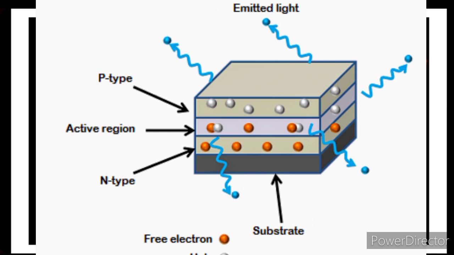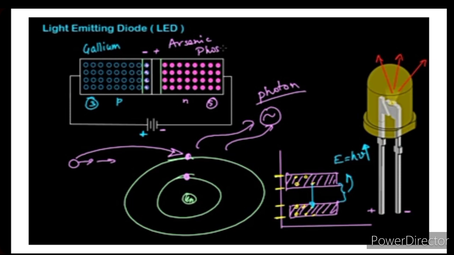When the LED is forward biased, free electrons from the n-type semiconductor and holes from the p-type semiconductor are pushed towards the active region. When free electrons from the n side and holes from the p side recombine with the opposite charge carriers, free electrons with holes and holes with free electrons, in the active region, an invisible or visible light is emitted. In an LED, most charge carriers recombine at the active region, therefore most of the light is emitted by the active region. This active region is also called the depletion region.